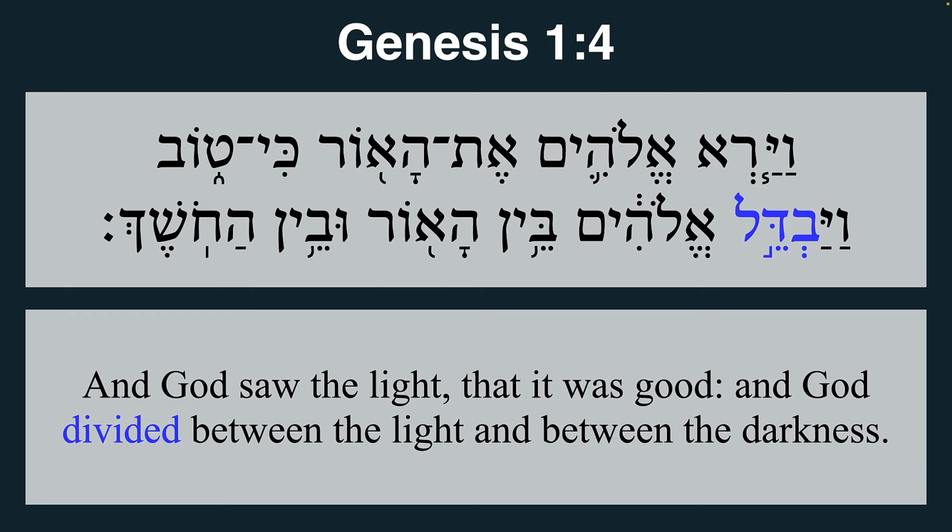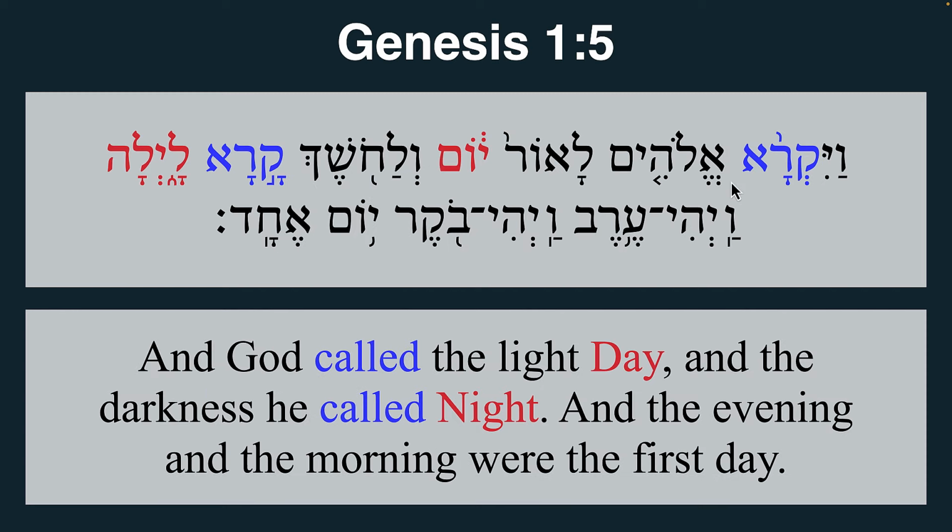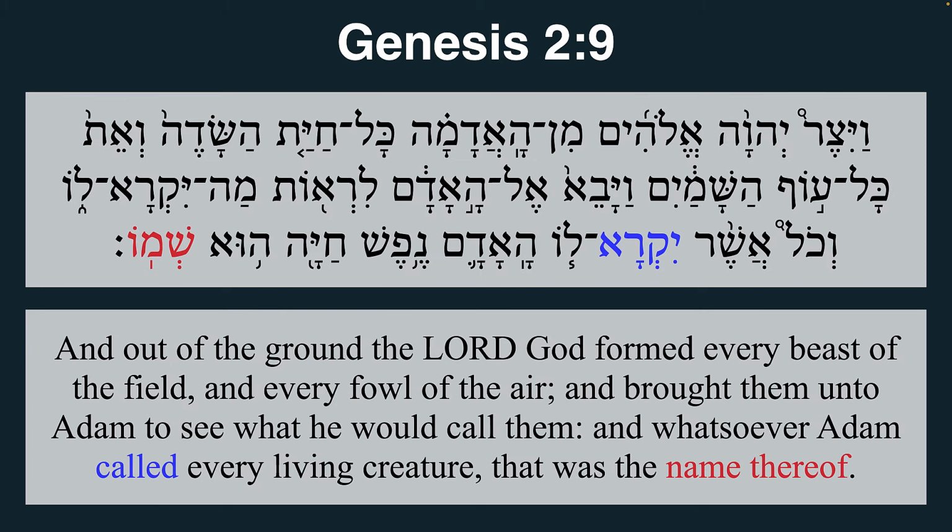Well, God did that. In fact, when God divided the light from the darkness, right, we see he divided the light. That means he gave separate identities to light and darkness. And then the Lord called, Vaikra Elohim Laor Yom. He called. Kara is to call. He called light as Yom, and he called darkness as night, or Laila. Yom and Laila. So these are the two names he has given for light and darkness. And so again, here we see not only God, but Adam himself,